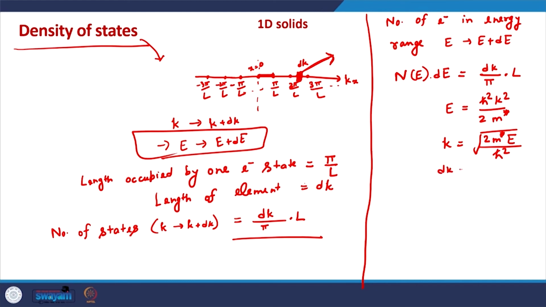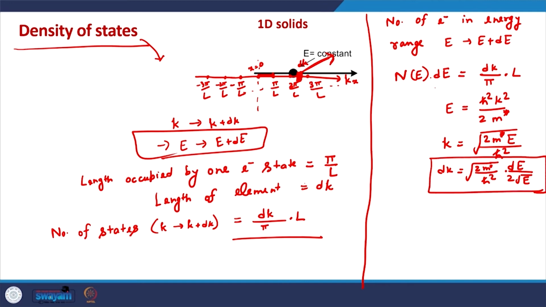So, dk will be square root of 2m star by h bar square. If we take a derivative of square root of E, that will be essentially 1 by 2 square root of E in denominator, and in numerator we will have dE. So, if we put this value of dk from here into this expression,